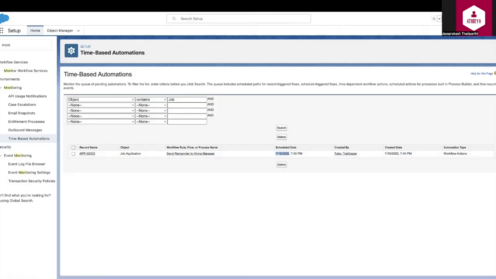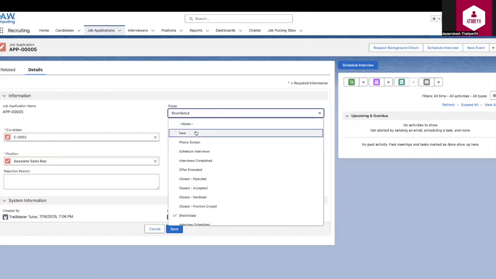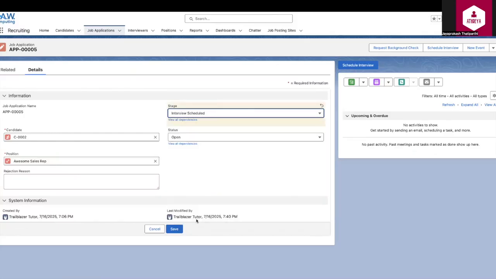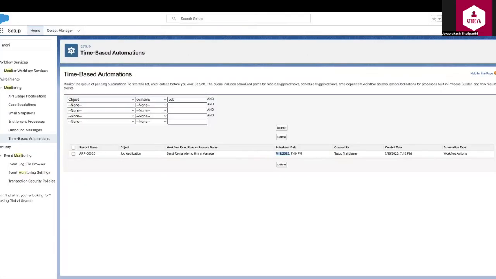Now let us go and see what happens when the status changes during the next 3 days. Now assume that someone came here and after Shortlisted, it is selected as Interview Scheduled. Do I need to send a reminder email? No, I don't want to send a reminder email because the stage is not in Shortlisted for more than 3 days, right? So when I click on save,